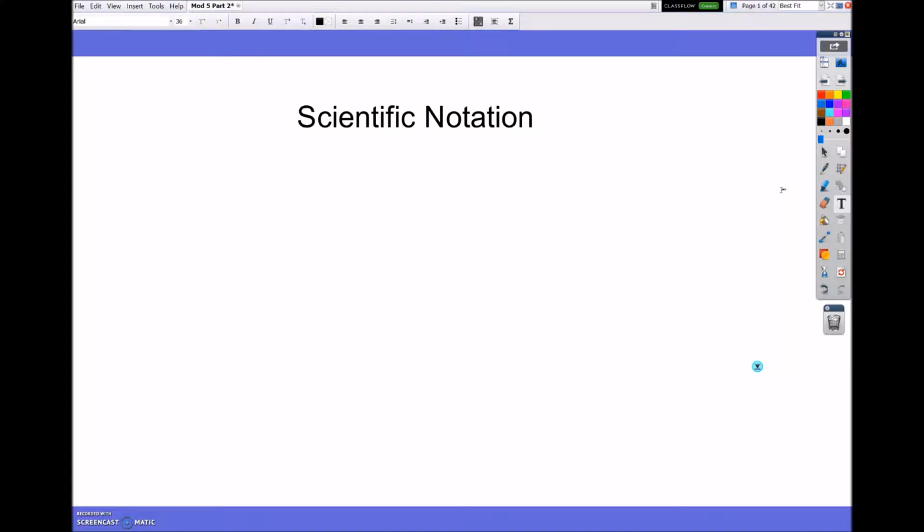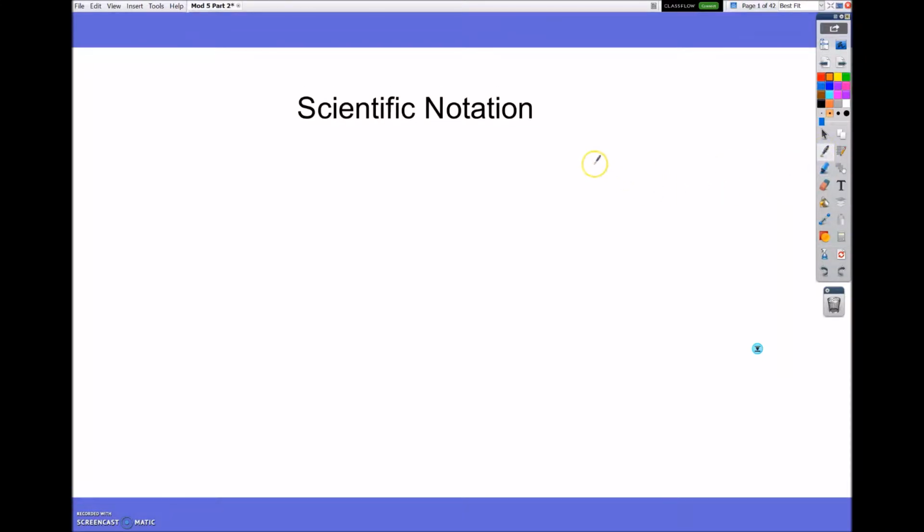Today what we're going to be doing is looking at scientific notation. So first off, what is scientific notation? Scientific notation is a way to represent very large and very small numbers. The basic premise of it is you're going to have a number that is between 1 and 10. And so it'll look something like